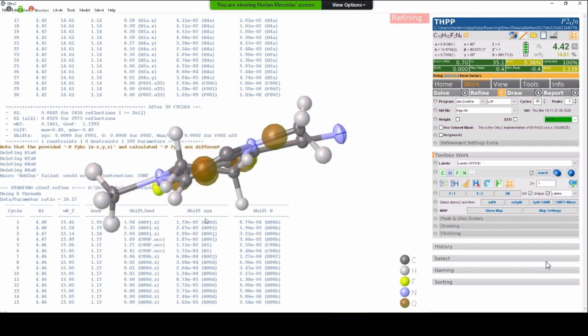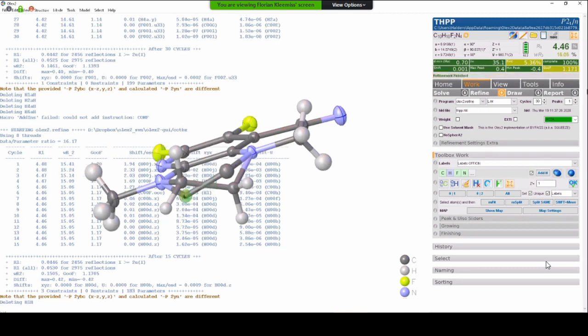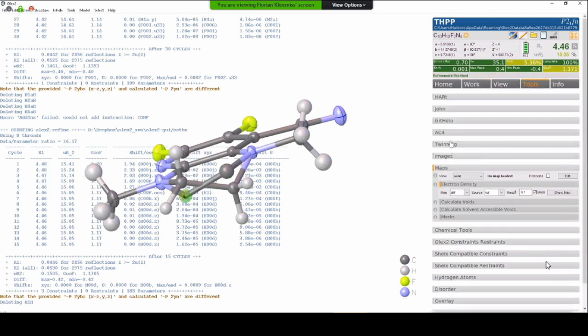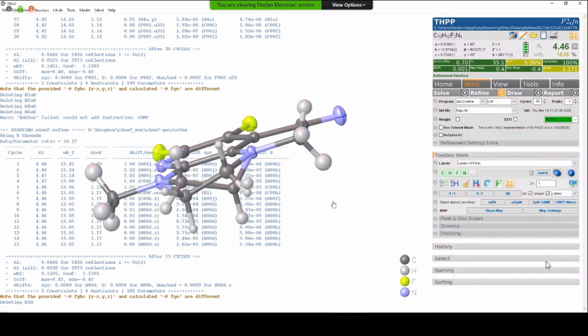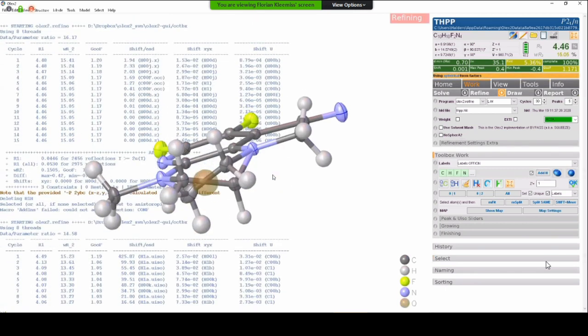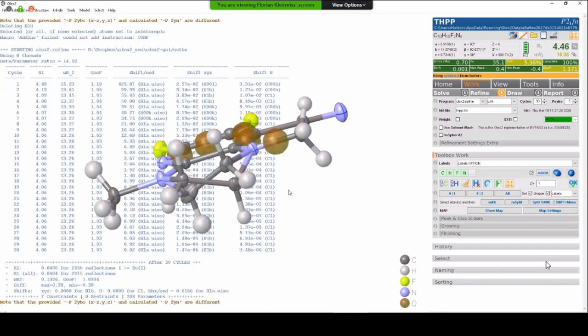He didn't recognize that it is CO2, CH2. So I will go to tools, hydrogen atoms, and make this CH2. This is CH2. Also give an isotropic motion. And now